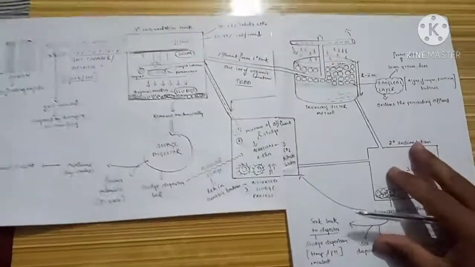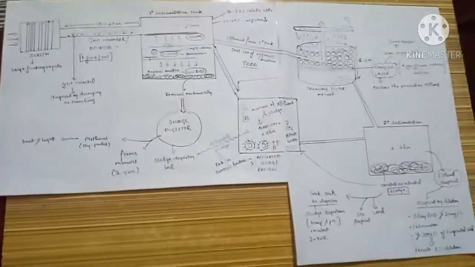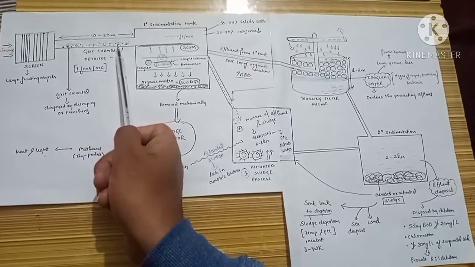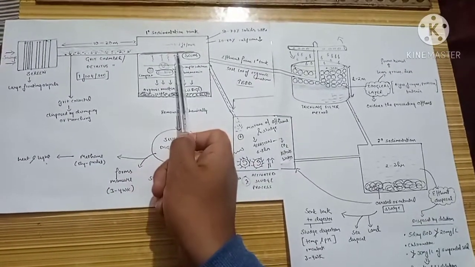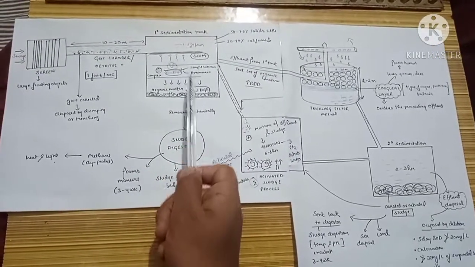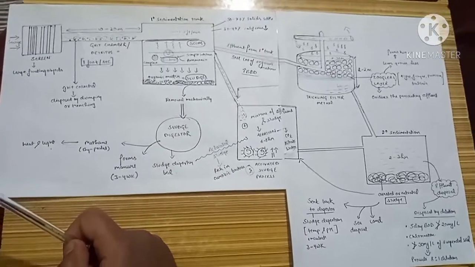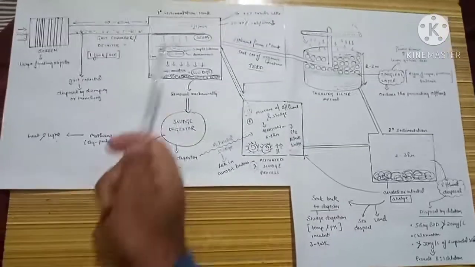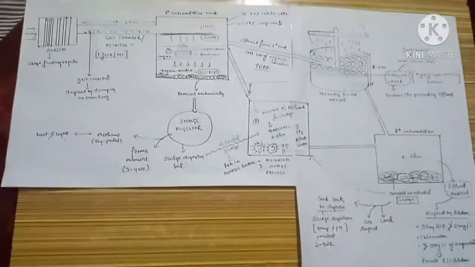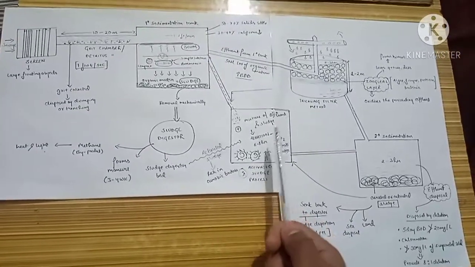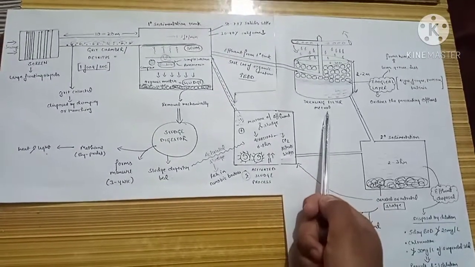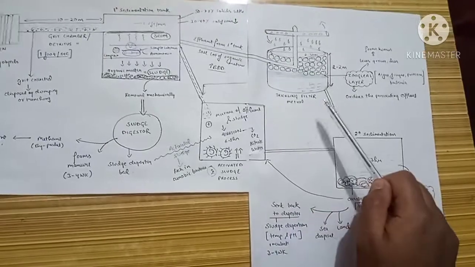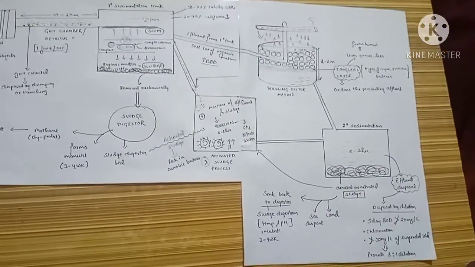So in a nutshell, we will try to revise what we have studied. The first thing is that the sewage passes through the screen, then the grit chamber, where the grit is collected, and the primary sedimentation tank, where there is formation of sludge and scum and breakdown of complex organic compounds. These three processes, the bar screen, the grit chamber and the primary sedimentation tank, constitute our primary treatment in the sewage treatment plant. The secondary treatment can either start with treatment in the trickling filter tank or the activated sludge process. Both of these reduce the BOD of the effluent and send it to the secondary sedimentation tank.